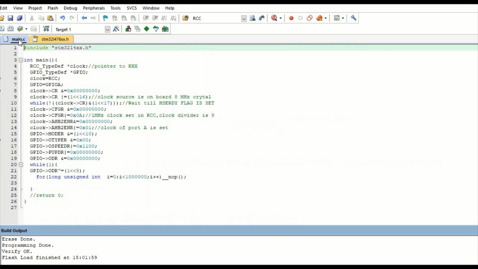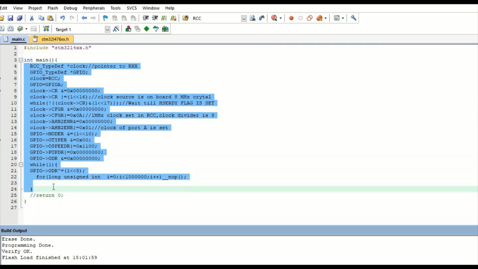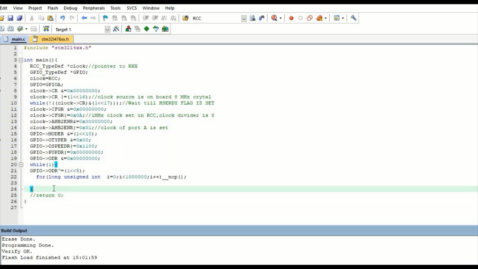First just include this header file. Inside main you need to put all your code. You can call other functions as well from main. Main is the entry point function in C, a general C program. So you have to write all its code within main, and you can call other functions which can have their body outside main.